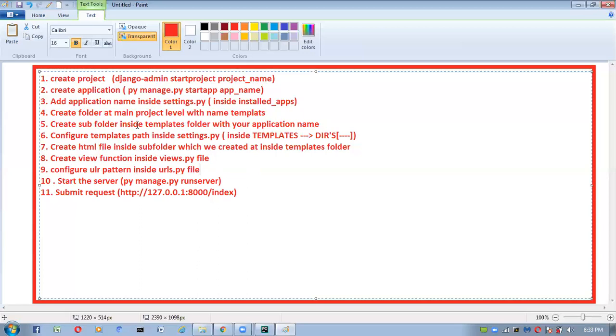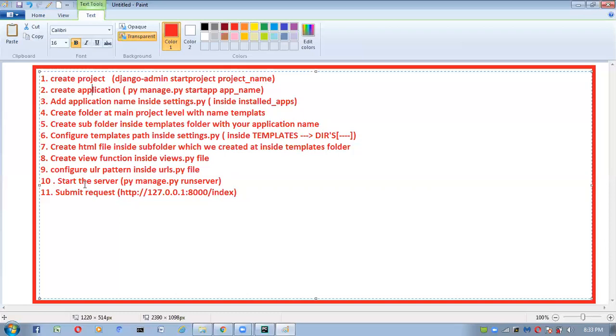Only these 11 steps we did, and you guys know how to create the project and how to create the application. How to add the application inside the settings.py file, create a folder at the main project level with the name templates, create a subfolder inside the templates folder with your application name, configure the templates path inside the settings.py file, create an HTML file inside the subfolder, create a view function inside the views.py file, configure the URL pattern inside the urls.py file.